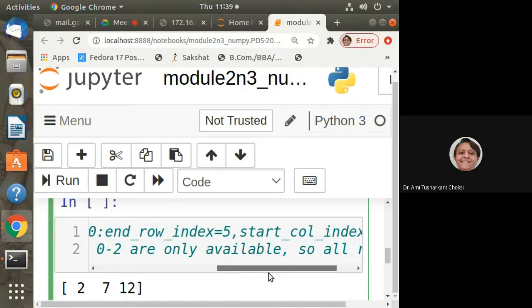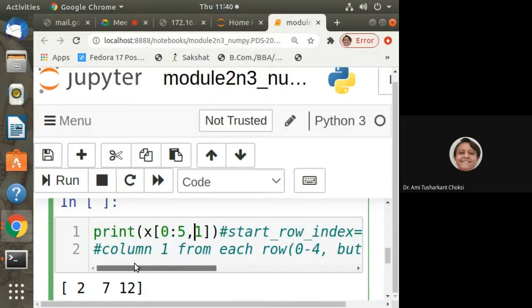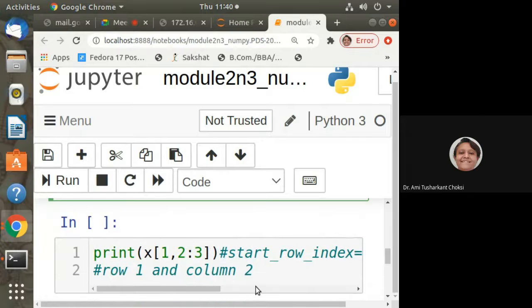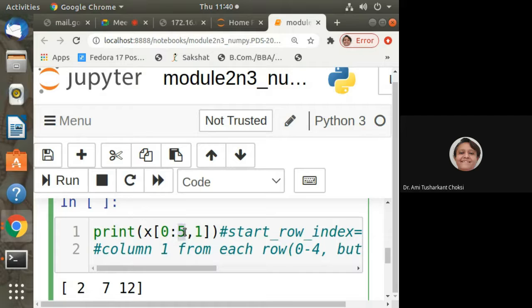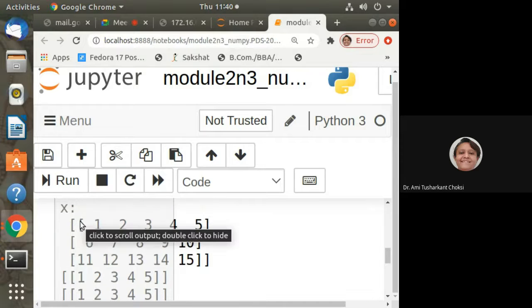But only rows 0 to 2 are available. Whatever is available, from that only it can take, isn't it? We have specified 5 rows, but do we have 5 rows available? Only 3 are there, isn't it? So that only it will consider. You are specifying 1000. So will it consider 1000? We do not have that, right? It will not give you an index out of bound error. Like for rows and columns, when we are specifying in slicing, it will not give us an error. Whatever is there, all it will consider.